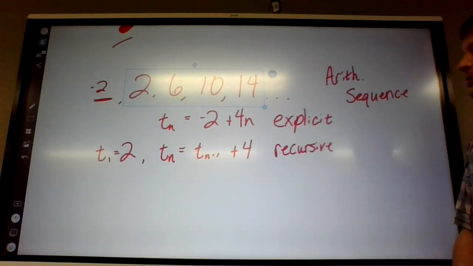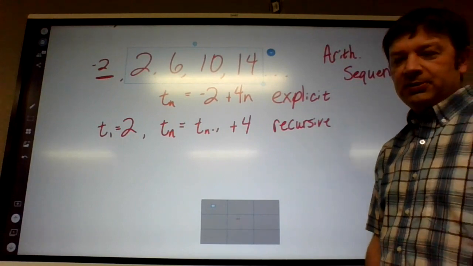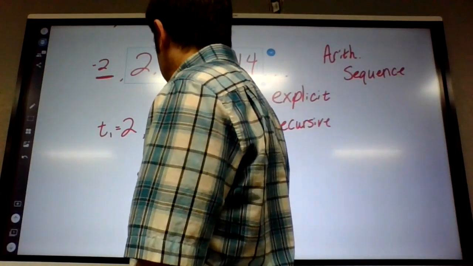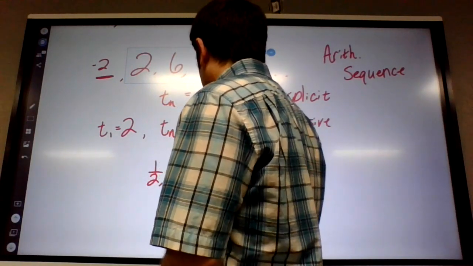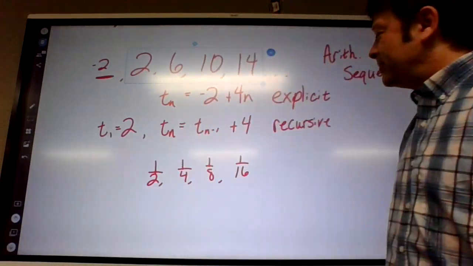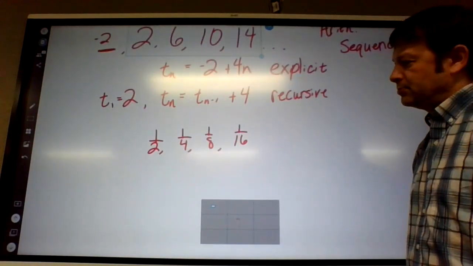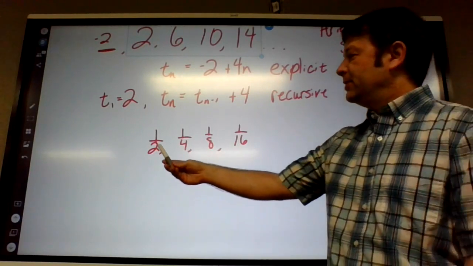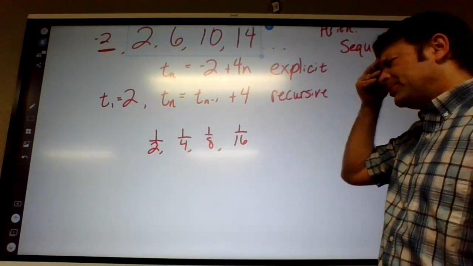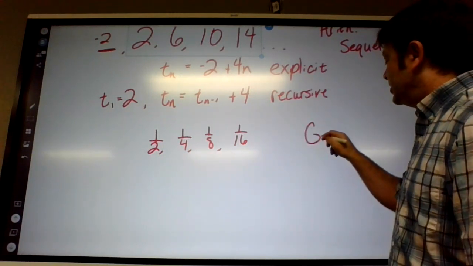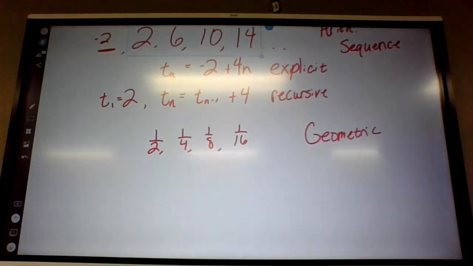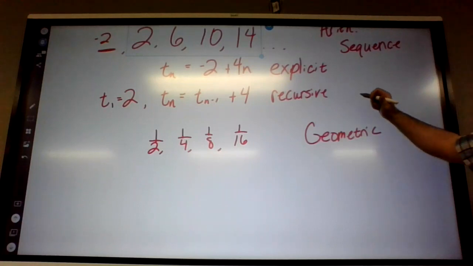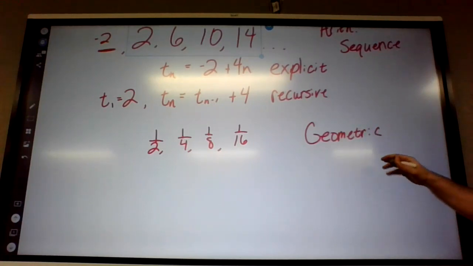Oh, well, and then there's geometric also. Actually, I do need to talk about that a little bit. Okay. Guys, what's the pattern on this one? Divide by 2 or times a half. Basically, the denominators are being multiplied by 2. So this is called a geometric, when you multiply by the same value over and over. Dividing by 2 is like multiplying by half, so either way, multiplying and dividing are kind of the same thing. Geometric sequence,